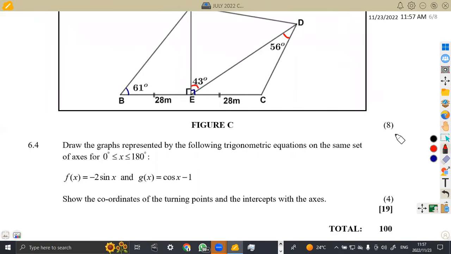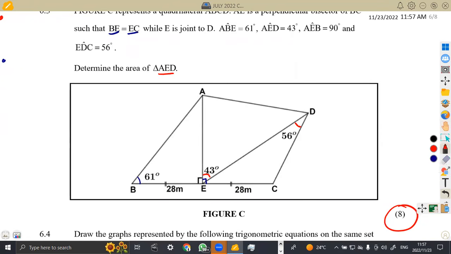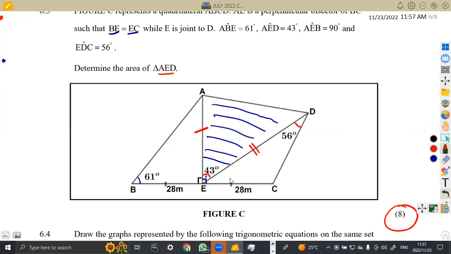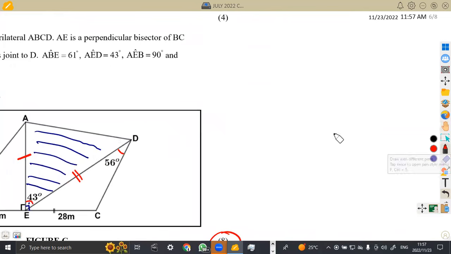Okay, it actually deserves these marks, which is 8, because here we are supposed to look at this triangle properly. This is the triangle that we are referring to as AED. So far we just have an angle, 43 degrees. If we had this side AE, and we also had this side ED, we can calculate the area, because we know that the area of a non-right angle triangle is given by half